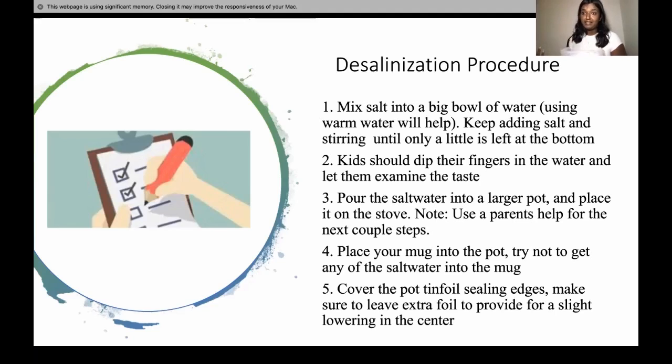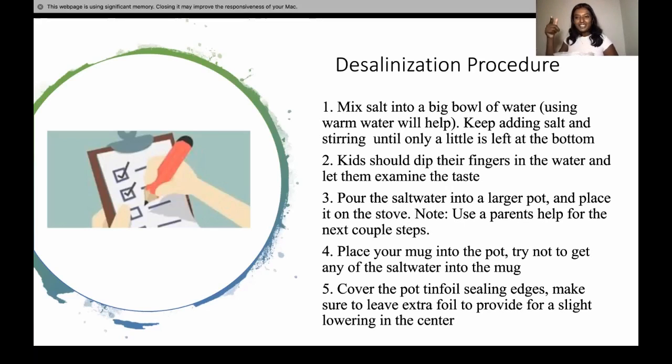It can actually be anything, honestly. And you're gonna add your salt. And then you're gonna take a spoon and you're gonna mix it, okay? Essentially, this should be warm water. The warm water will help the salt to dissolve easier. And you can stir it, and you don't have to stir it till it's all dissolved. You can have a little bit left at the bottom. That's no problem at all.